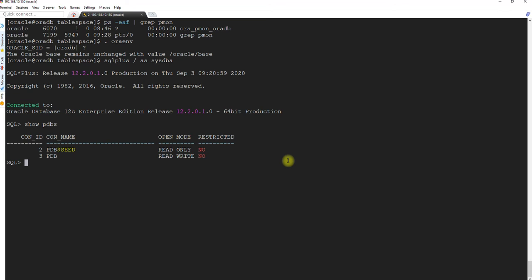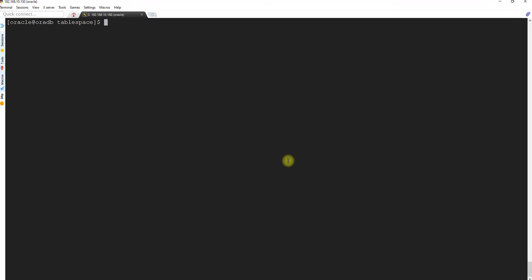Now the important thing, the initial step, is that you need to create the directory. Everybody must be knowing how to create the directory. This is the directory I have, which I created specifically for the tablespace. Creation of a directory is done using mkdir and the directory name.